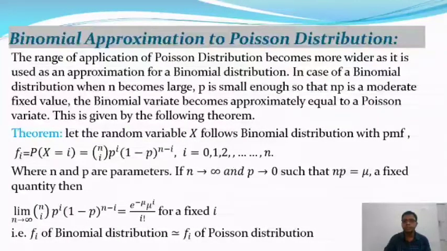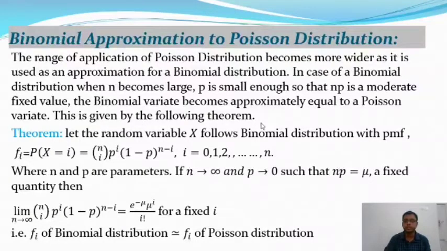So in the case of a binomial distribution where n becomes large and p is small enough, where n is a positive integer and p is a number that lies in the interval 0 to 1, n is a very large integer and p is small enough so that np is a moderate fixed value. So the binomial variate becomes approximately equal to the Poisson variate,